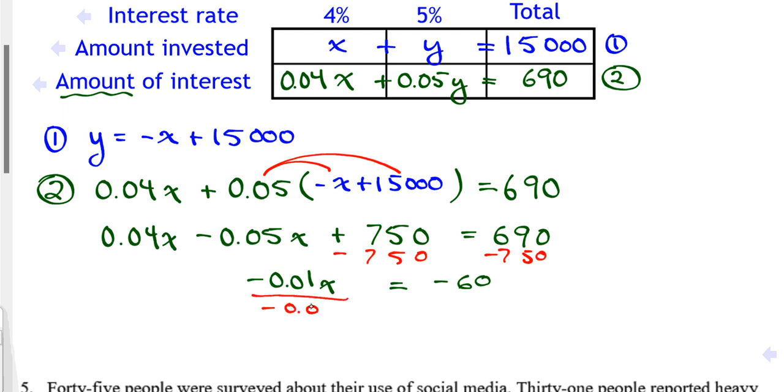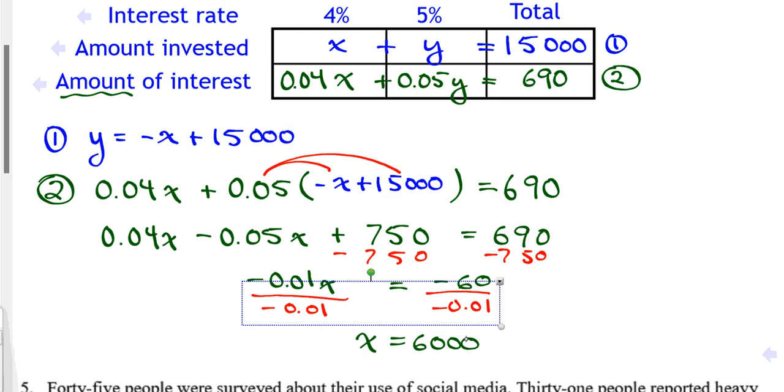Divide out the negative 0.01, and we'll end up with x equaling $6,000. Well, I'm writing fairly large, so I'm running out of space. But I'm going to take this $6,000 up to my first equation, and I'll substitute it in there to find